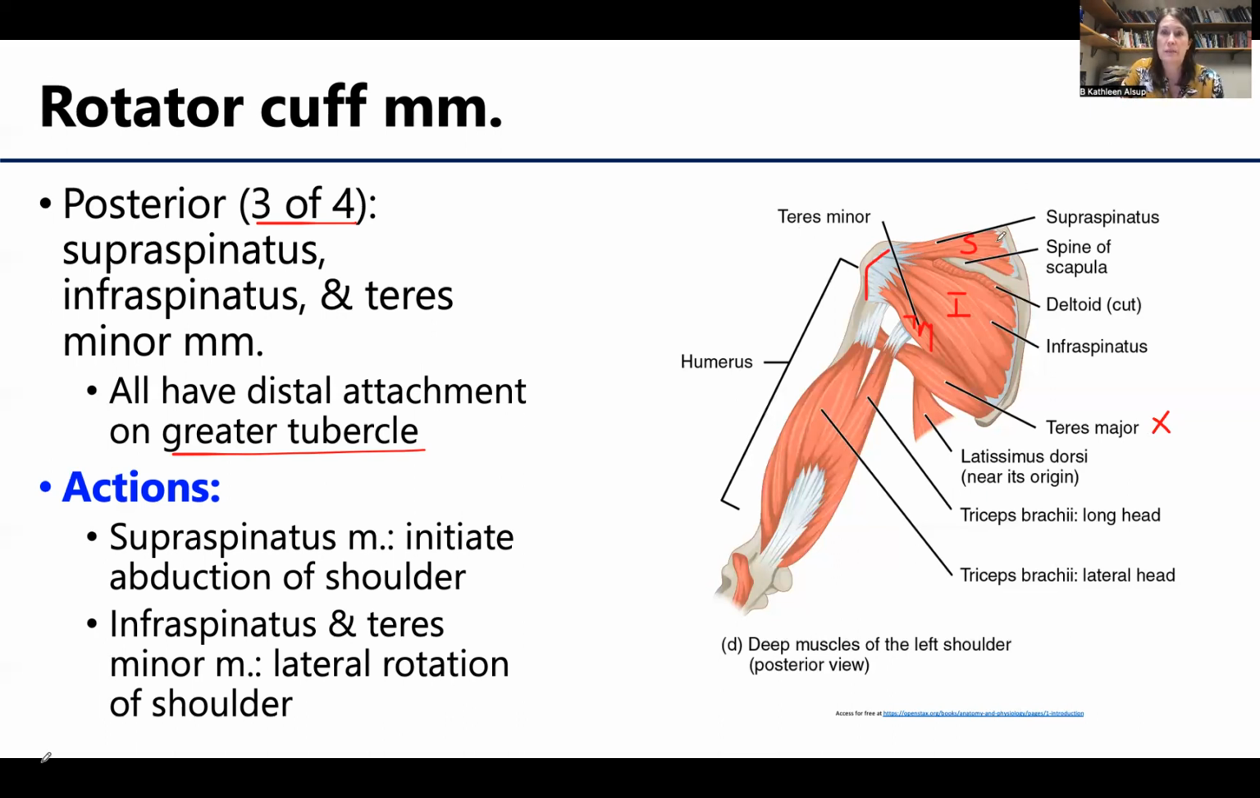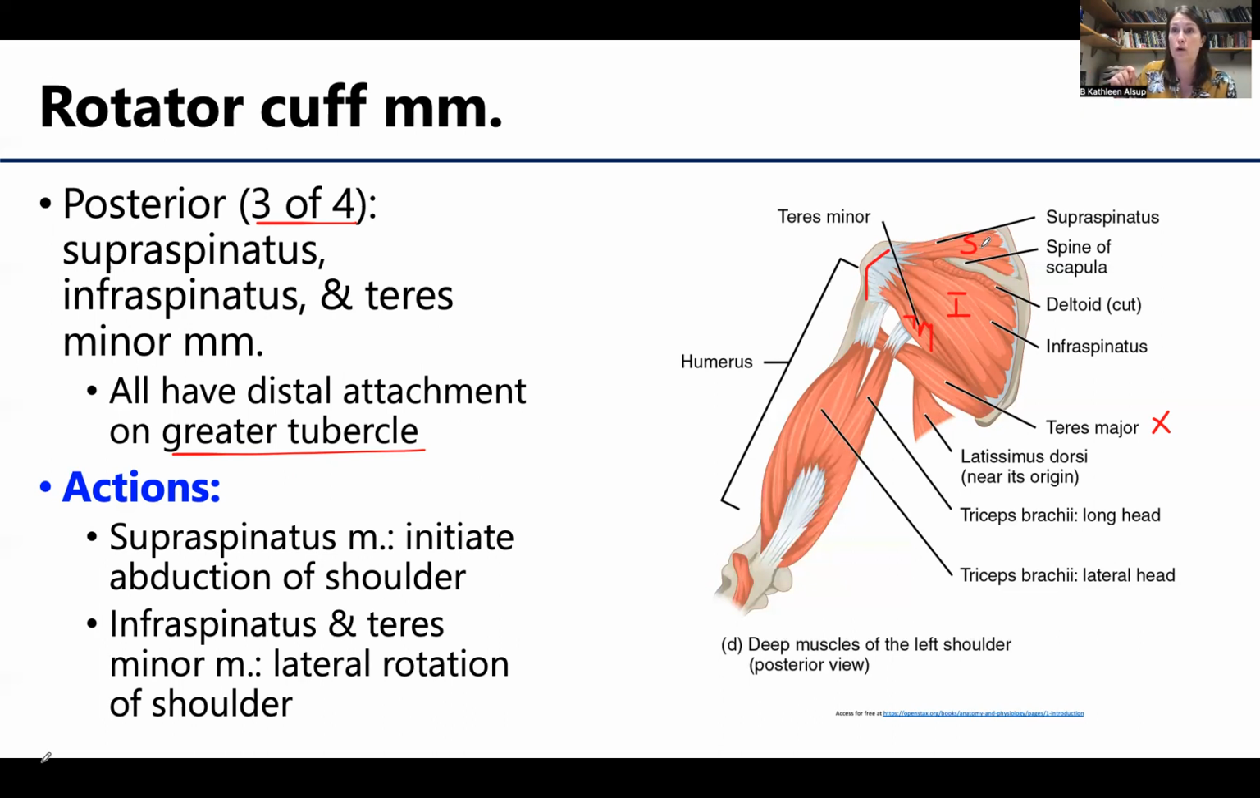The supraspinatus muscle, the one that's above the spine, will initiate abduction of the shoulder. So I was just talking about how the deltoid muscle is the abductor of the shoulder, and it certainly is the most powerful one. But in order to get the first 15 degrees of abduction of the shoulder joint,